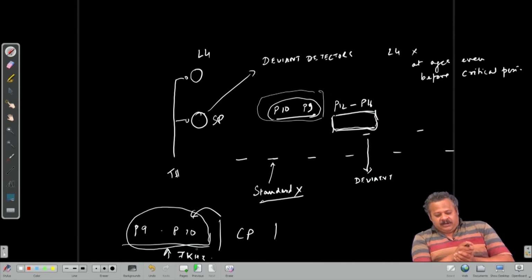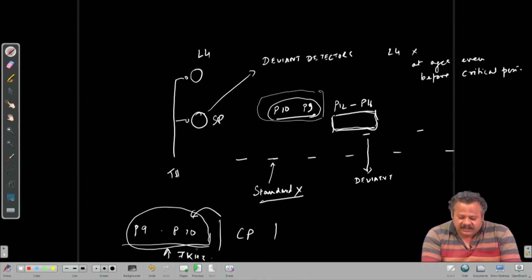Now consider the experiment with standard and deviant, where the deviant, let us say, is now 7 kilohertz and the standard is, let us say, 4 kilohertz or 17 kilohertz. In that case, we have an experiment where it appears that something being presented at a much lower probability is actually driving the system, and the standard sound is not able to drive the system.